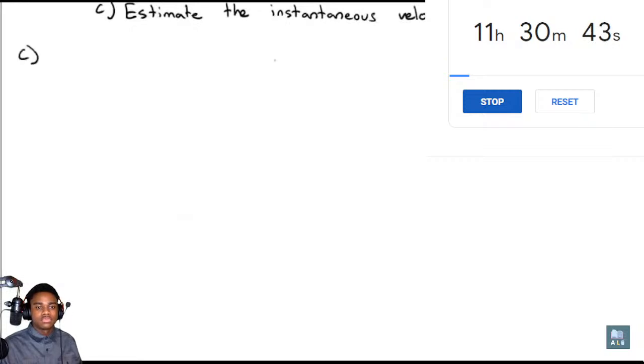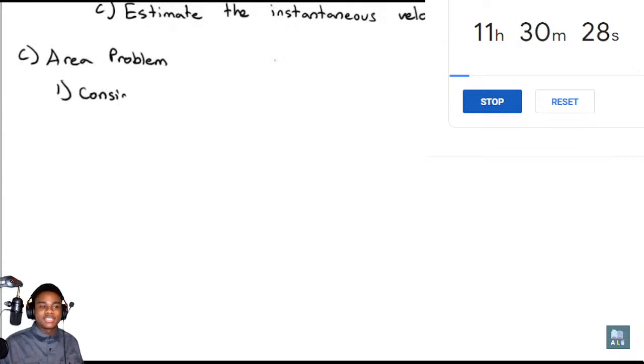Going back to part C, addressing the area problem. Oh my goodness. We are going to consider... Let's make this the number sleep simulator. Oh my goodness. Consider the area